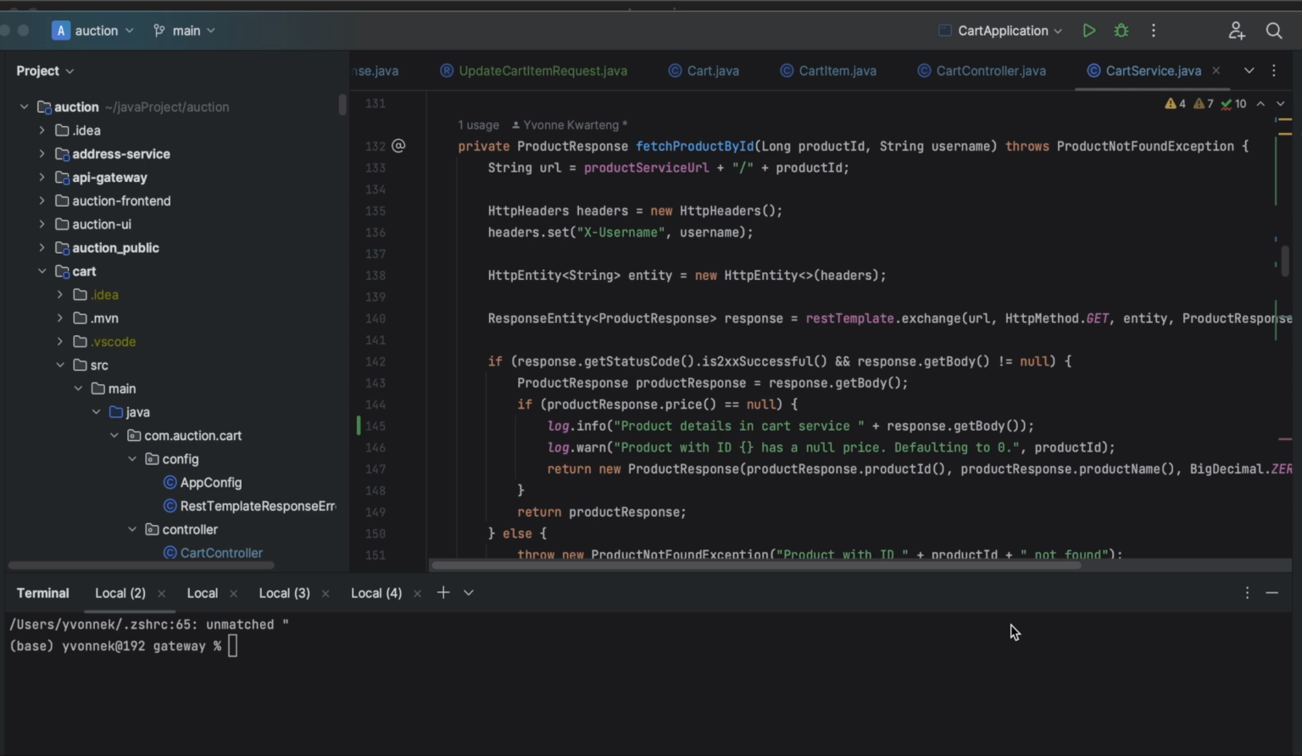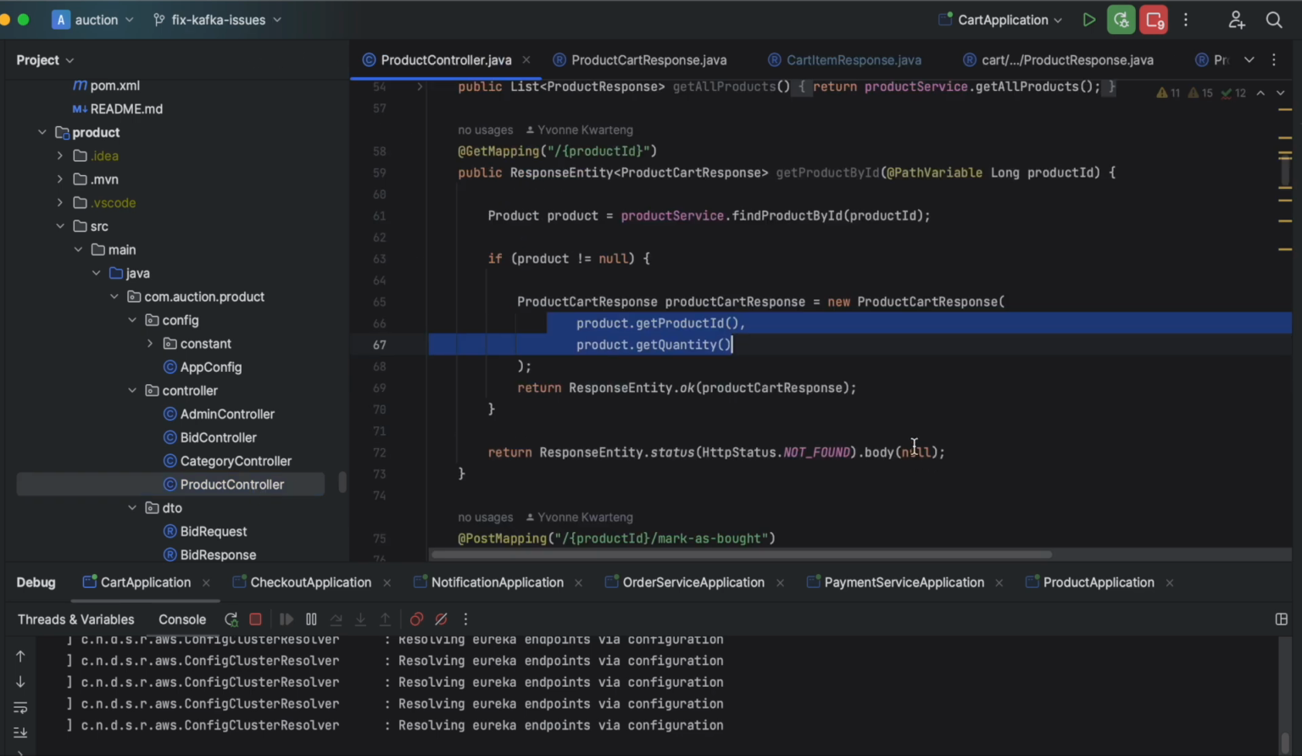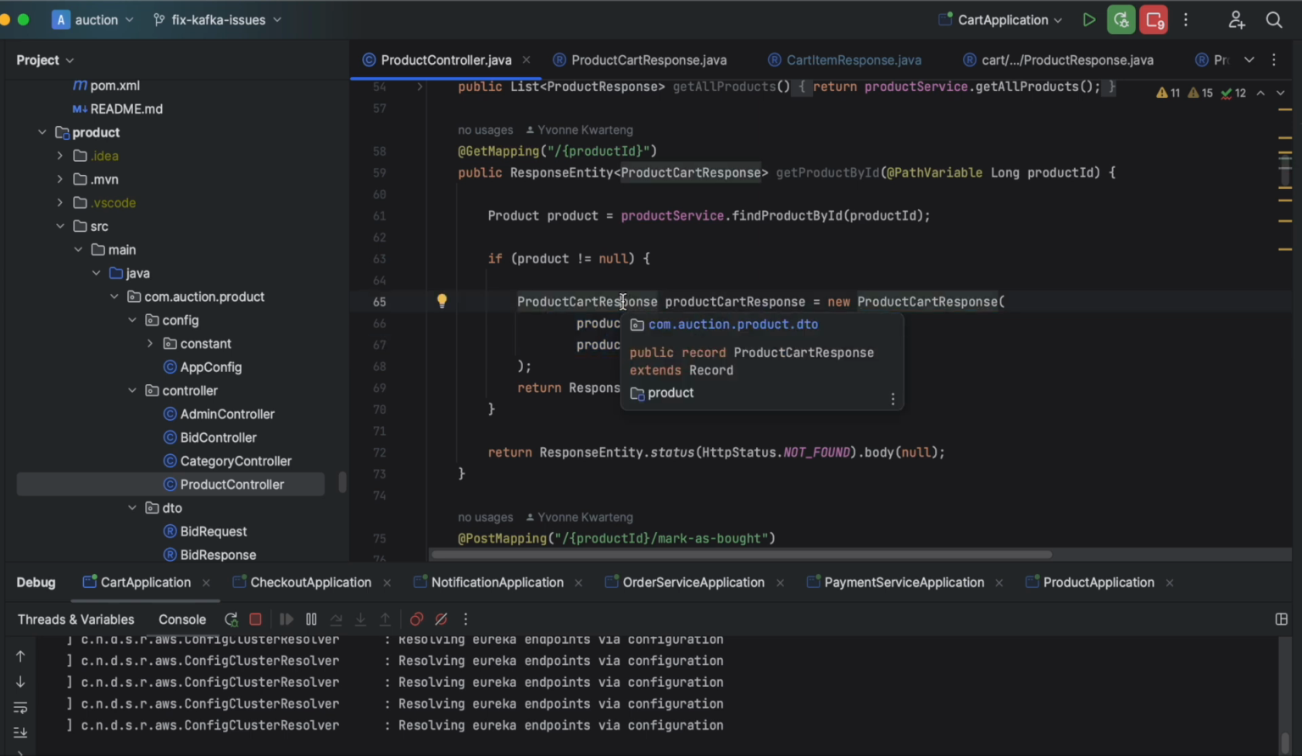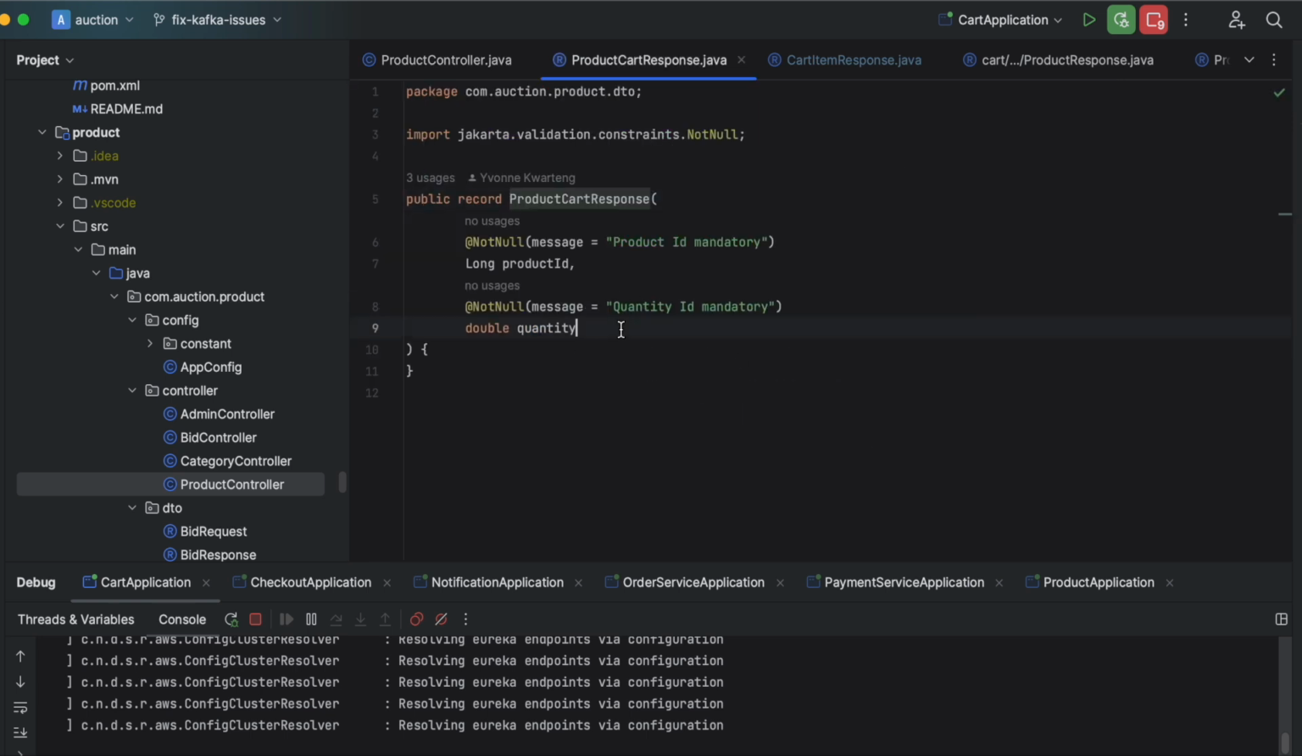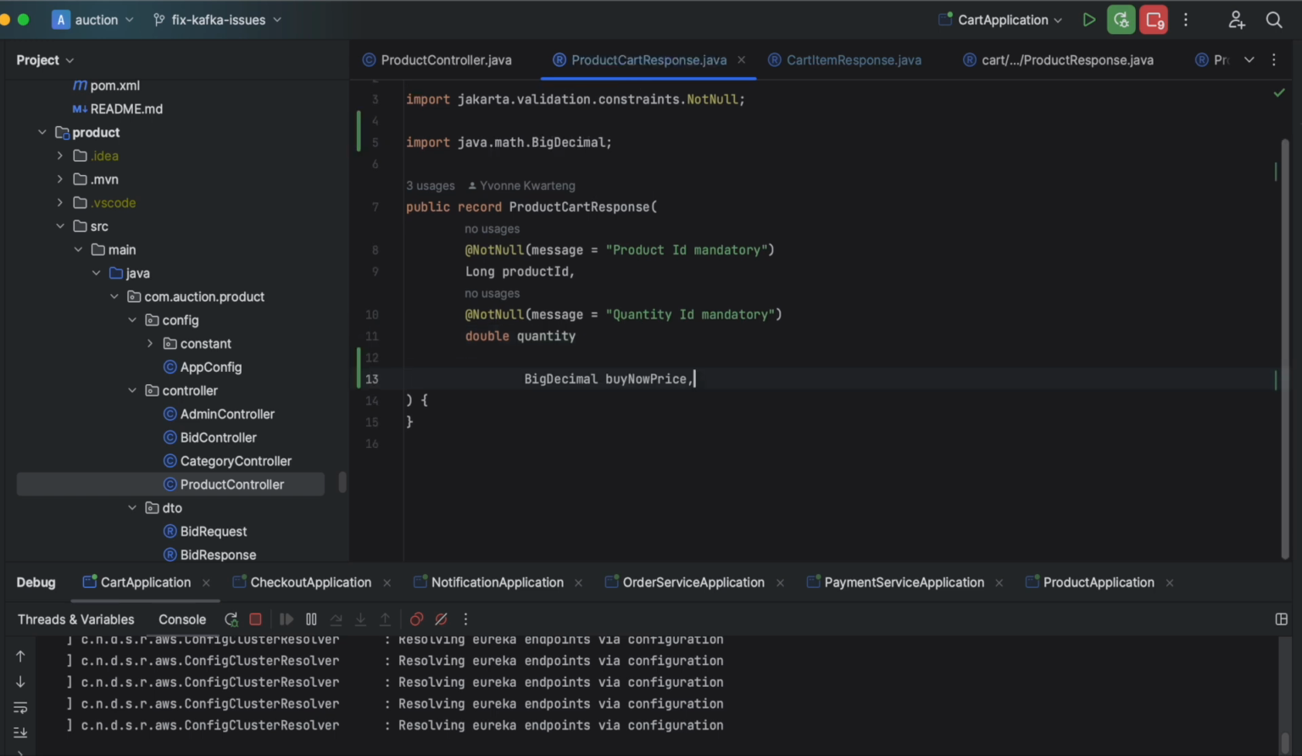Hi, hello. In this video we are going to continue where we left off in the last video, fixing the null price return in the cart. Stay tuned into the product controller, and then we come into this particular method. We find that this is what we want, so I want to get into product cart response, and I want to say this, and then